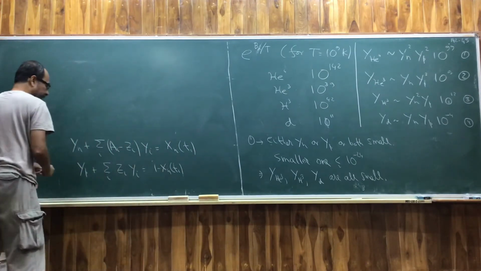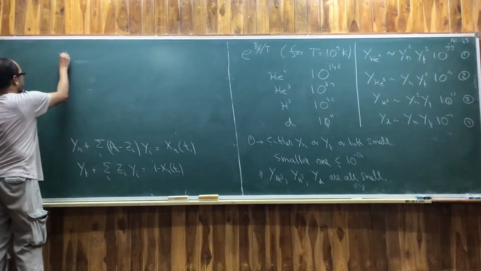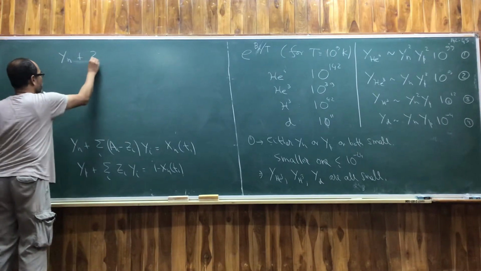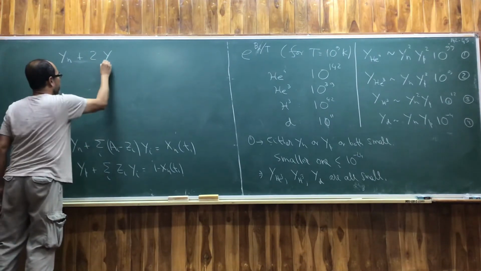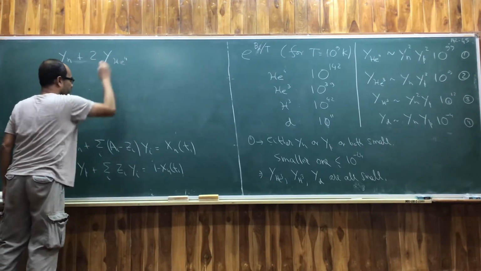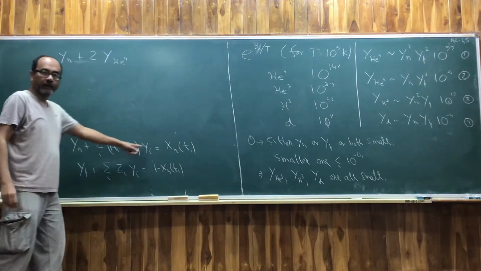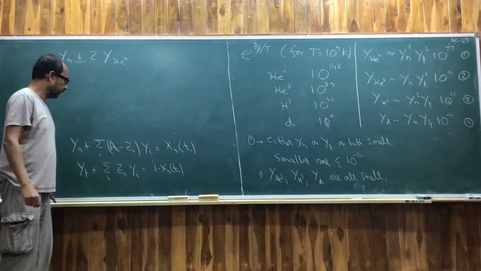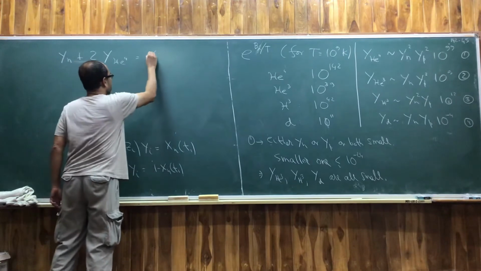So now you just substitute here and solve. So Y_n plus 2 Y_He4, ignoring all the other Y contributions, is equal to X_n of T1,